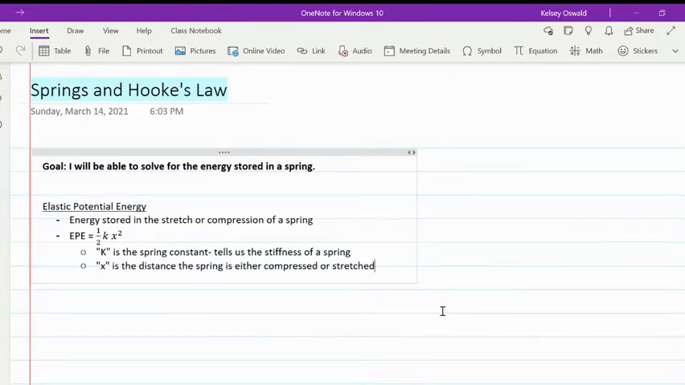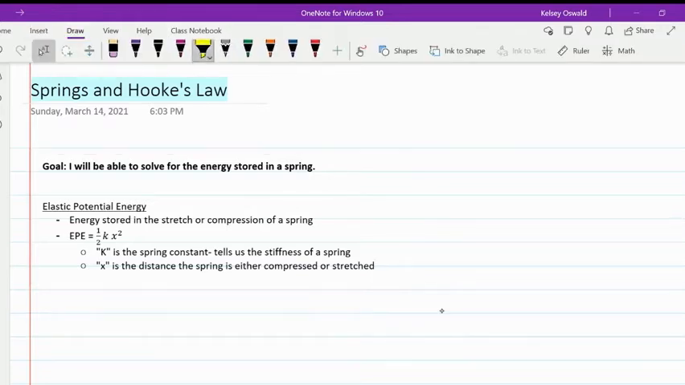Third type of energy. We are going to be looking at springs and Hooke's law in relation to our elastic potential energy. So our goal for today is that we'll be able to solve for this energy stored in a spring. As a reminder, elastic potential energy is the energy stored in the stretch or compression of a spring. And we'll calculate that elastic potential energy by doing 1/2 kx squared, where k is our